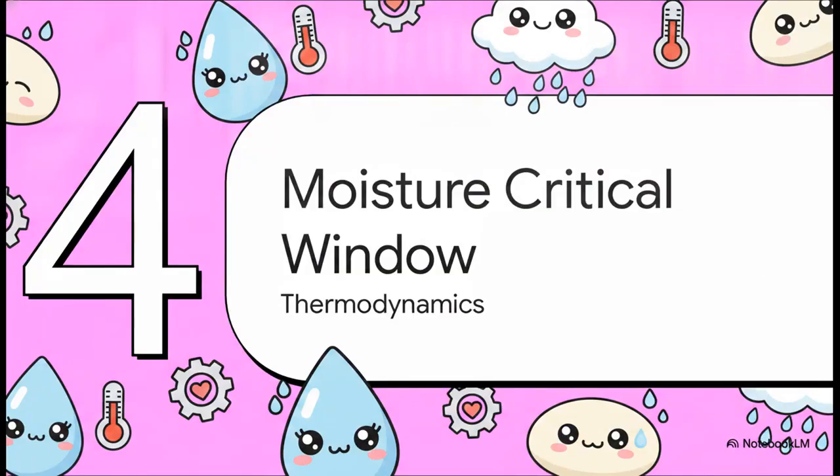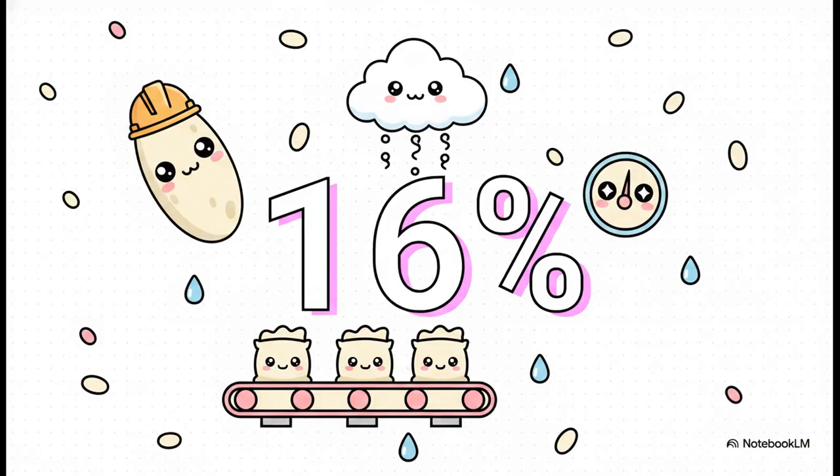Section 4. The moisture critical window. Thermodynamic tolerances. 16%. Let me be perfectly clear. This metric is a non-negotiable directive. All that mechanical precision we just talked about, entirely useless without strict moisture control. You have to hit a highly specific 16% moisture tempering window. You temper the grain via steam vapor injection to exactly 16% internal moisture before it ever touches a single abrasive